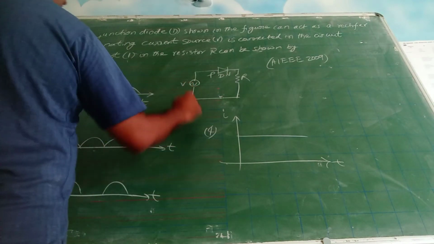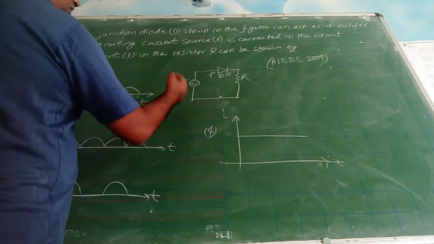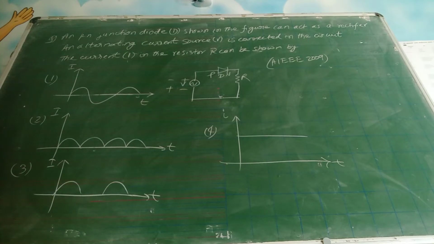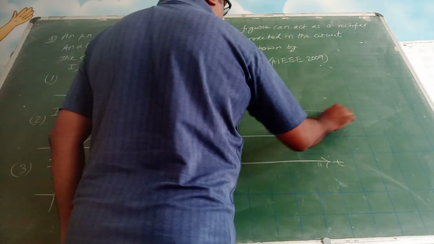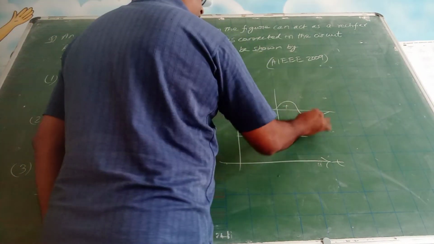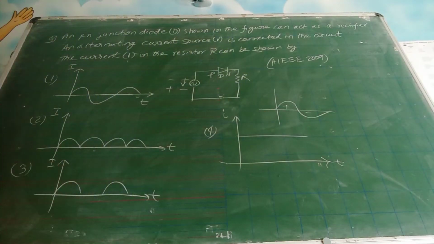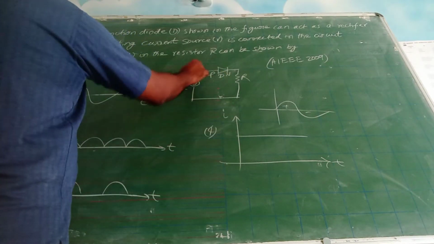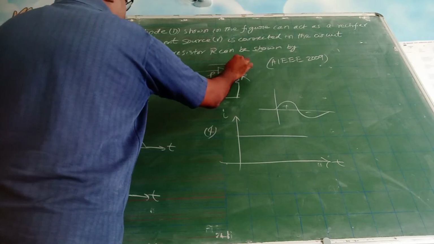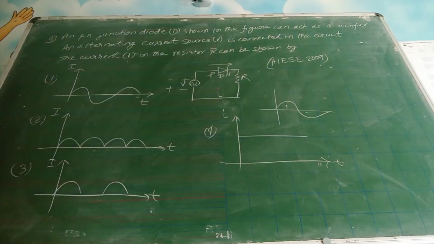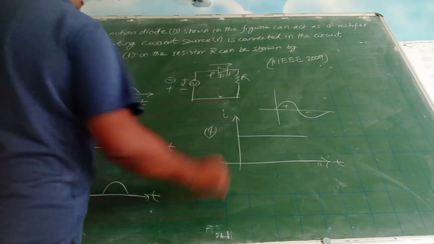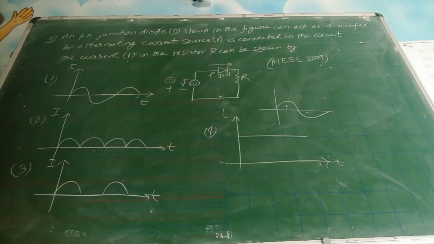So this is an alternating source. Sometimes it can be positive, negative like this, sometimes it can be negative, positive. It keeps on fluctuating because the voltage is always in this pattern. This is a positive voltage, this is a negative voltage. With respect to time, there is a variation like this. So when this is positive, it is a forward bias. Forward bias means the current will flow, right? After some time, this becomes negative, and when it becomes negative and positive, negative positive becomes reverse bias.